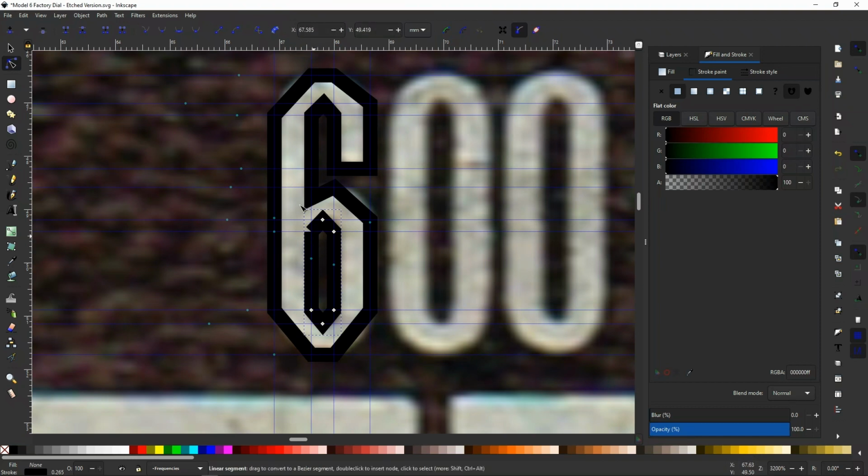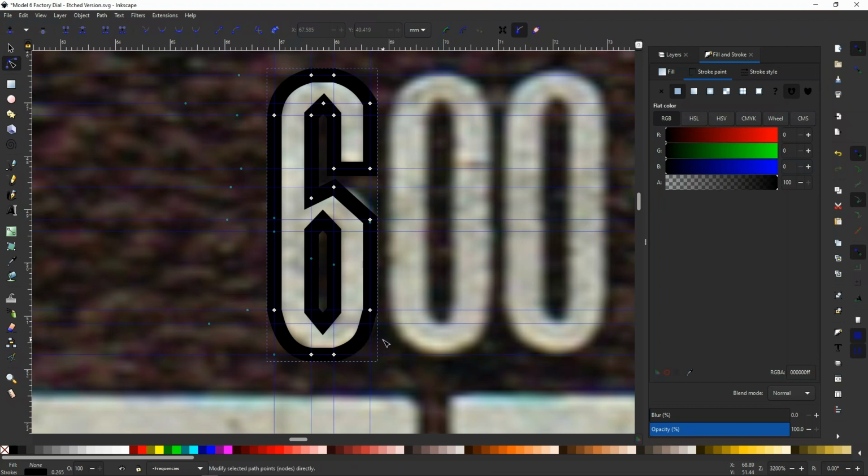So drag a box around those two nodes, join them, and we're done. At the moment this looks not quite what we want, so let's just start pushing these out, and hopefully already you can see what's going to happen here. We're going to end up with a nice neat 6,